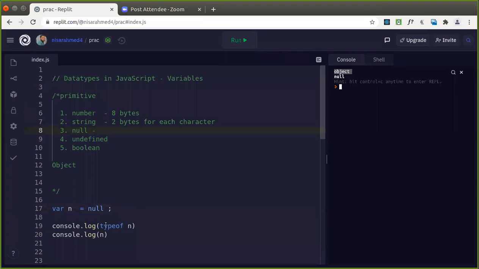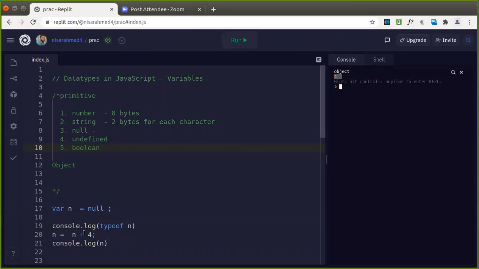Good. Let's see how it behaves. Let's see, n is equal to n plus 4. So still we are able to add. Null is not 0, but the non-presence of a value we can indicate with null.